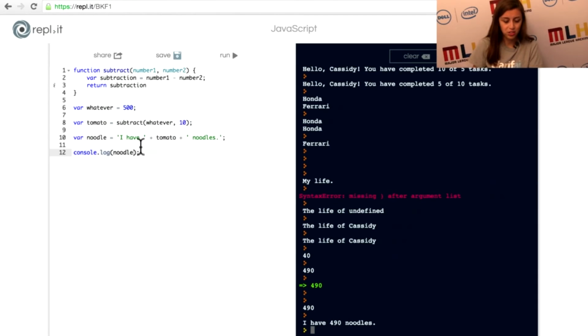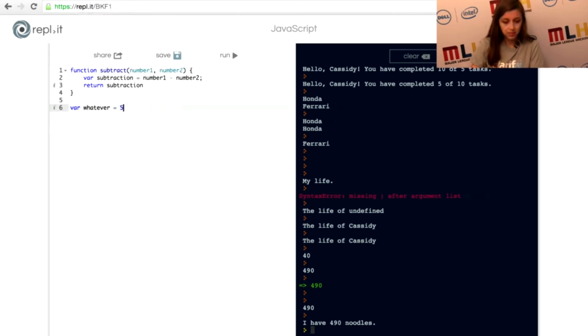And so I can show that to you right here, where let's just say I have subtraction again, and I want to call var massive subtract, because creativity, and I can call subtract of multiple things.